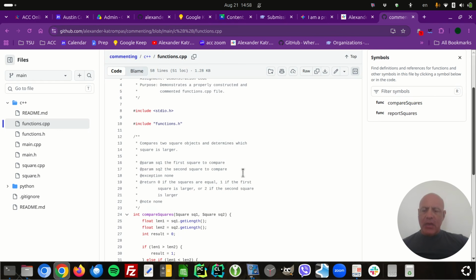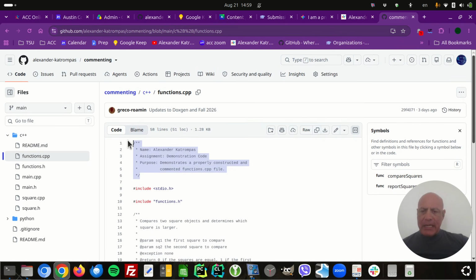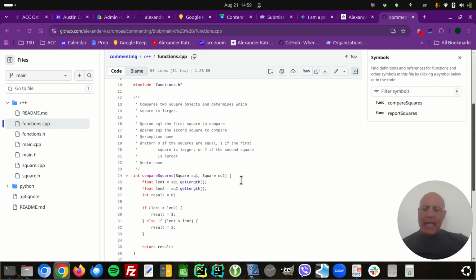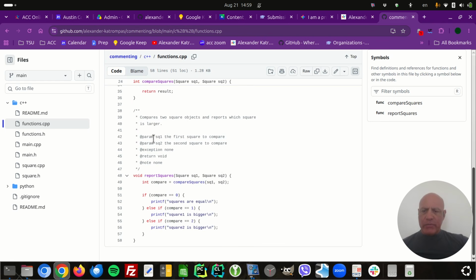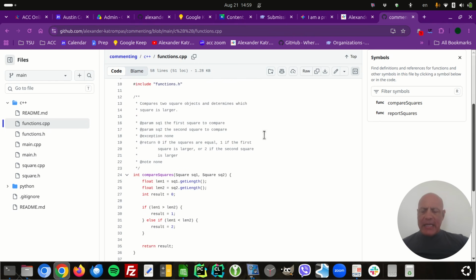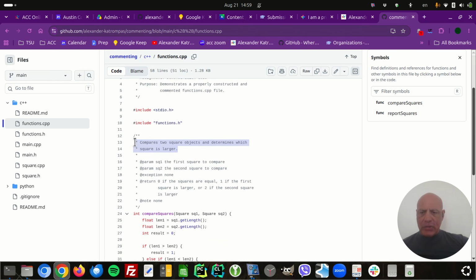actual functions. Okay, so we have the comment block at the top, again, always every file, but now for every single function, you have a function comment, all right? A function comment block. There's one for this function, there's one for this function. Okay, there's only two functions, that's both of them, all right? And again, notice that it's listing everything. It's got a description. It says what the parameters are. In this case, there are parameters. We have these two parameters down here, right? So we list them. And we do it exactly in this fashion.